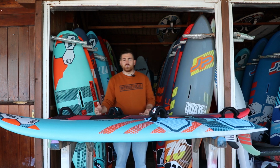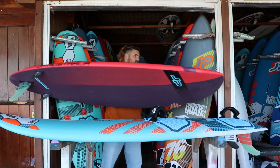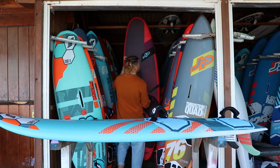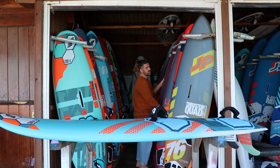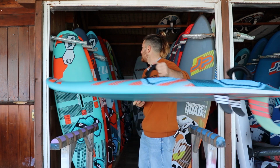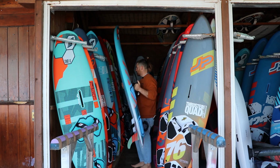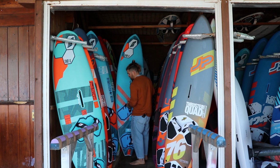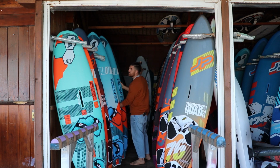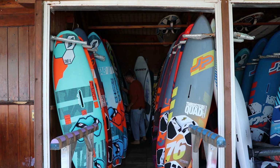Now the same goes for freeride boards, and there's a big difference actually here on freeride boards, because on a freeride board, when it comes to the width and the shape, it makes a big difference. So one of my favorite freeride boards, I'll show it to you in a minute, it's the Taboo, again, the Taboo Rocket, yeah, the normal one, not the Plus. So the Taboo Rocket is one of my favorite freeride boards. I don't freeride that much,